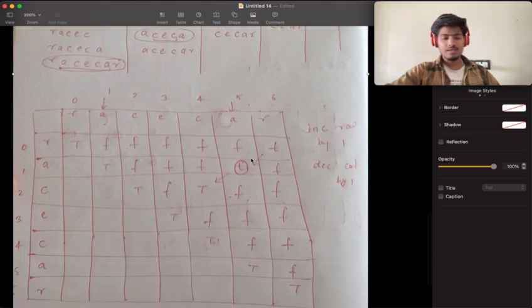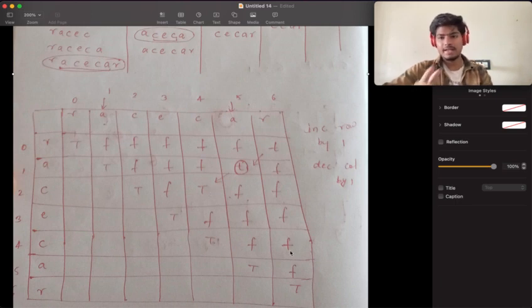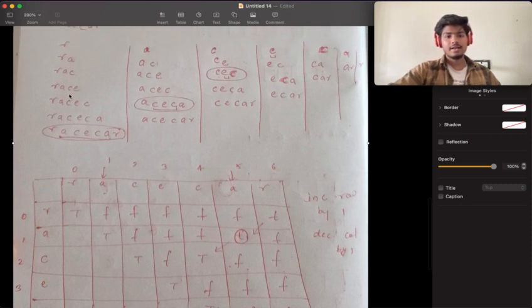ठीक है, नहीं तो अदरवाइज फॉल्स रिटर्न कर देंगे। तो आर और सी इक्वल है, नहीं है, फॉल्स कर दो। ए एंड ई इक्वल है, नहीं है, फॉल्स कर दो। सी एंड सी इक्वल है, हाँ, तो ट्रू कर देंगे। इट इज लाइक दिस कि हम पहले ये बना देंगे, ठीक है। अब आते हैं फोर्थ पर, जो कि 4 लेंथ वाले पर आते हैं, ठीक है।